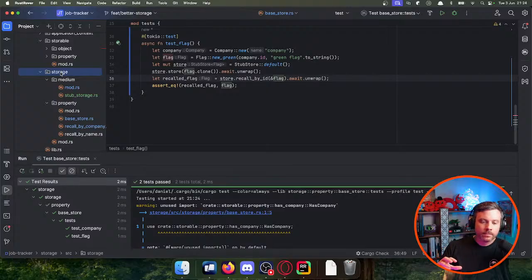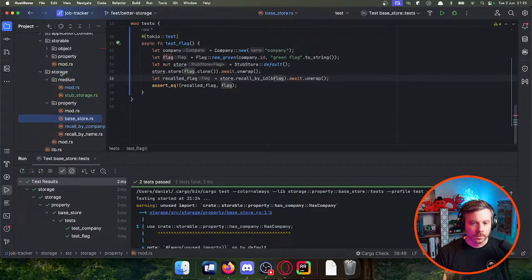for the combined stores, where we have a single struct that has multiple stores inside of it that we'll use throughout our application, in that struct I will want to be specific that company store can only be a store that stores companies. It's not enough to say that it has ID, or it is base store and it has recall by name. It has to have a very specific type. So in this case, I think it'll be okay to do,